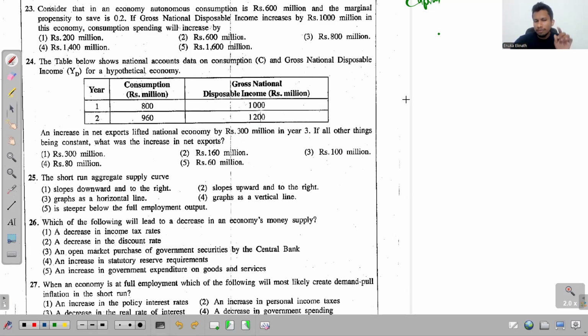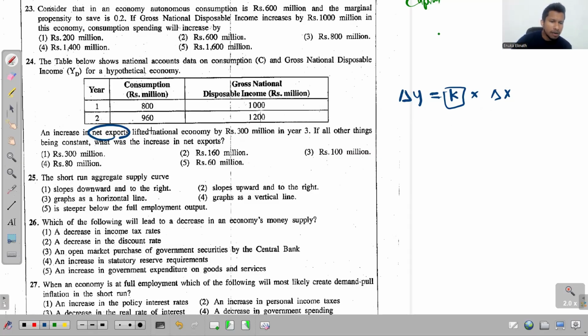So hope you remember that net exports, we consider to be an autonomous component. When autonomous values increase, they always create a multiplier effect on the economy, right? They always create a multiplier effect on the national income. So what's that relationship? The change in national income is always equal to the autonomous expenditure multiplier times the change in that autonomous component.